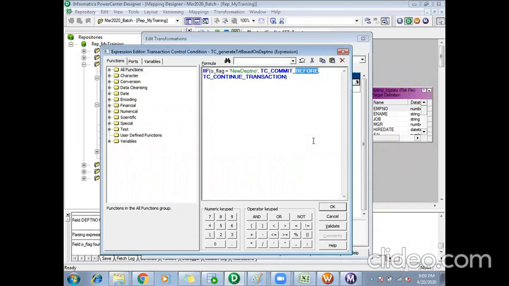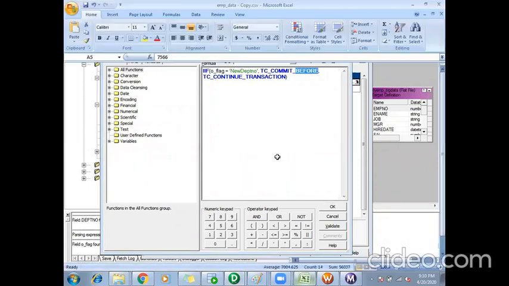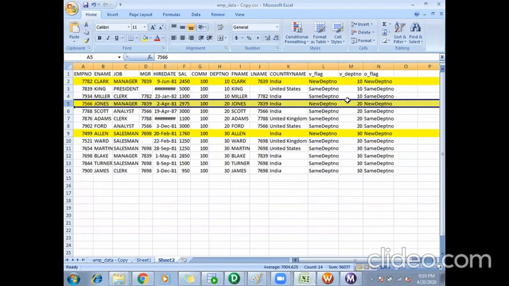If that is clear, done. Before means first commit whatever was there, then process my record. After means take this record also, then after that do the commit.